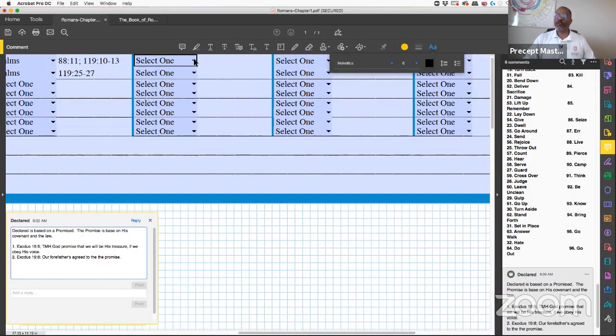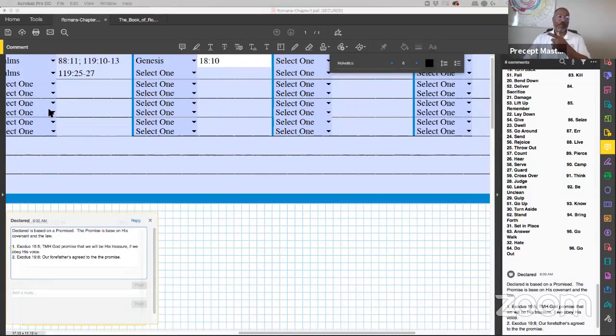So the first one we're going to do Genesis, because we want to see an example. So we're going to do Genesis 18 in verse 10. And then we're going to add to that. We're going to add to it because we got to see an example, and we're going to put example there. So we're not going to be able to use that whole part to put the other verses in there. So that's what we're going to do. So let's look at an example of a promise, because we want to know. So when somebody says, well, that's declared, but what is a promise? So we got to look at the example of the promise. So we got to see that.